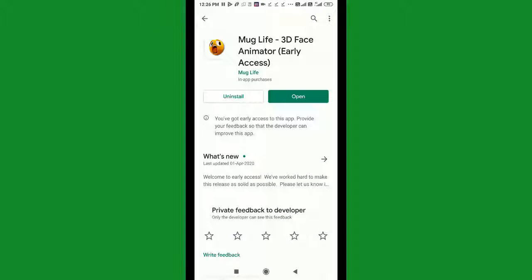That means the main functionality of this app is to take a static photo with a human face and select a predefined template, and the animation is added to the face you have selected. Otherwise, you can create your own face animation effects by accessing the camera. So let's see it. I just installed this now.